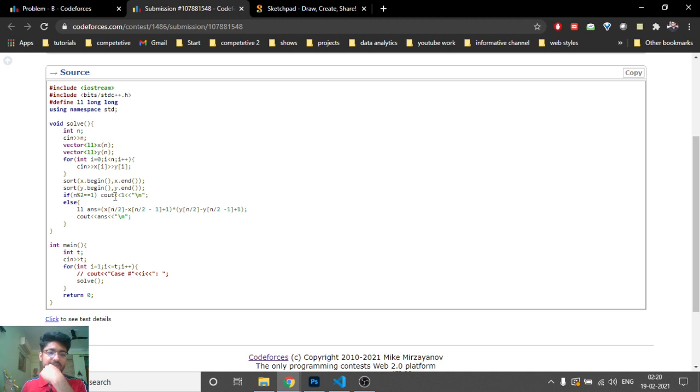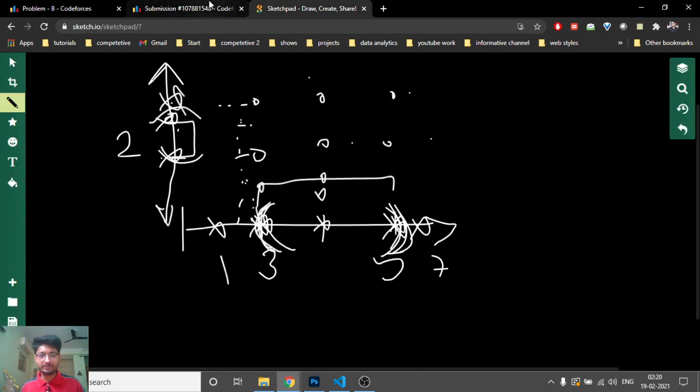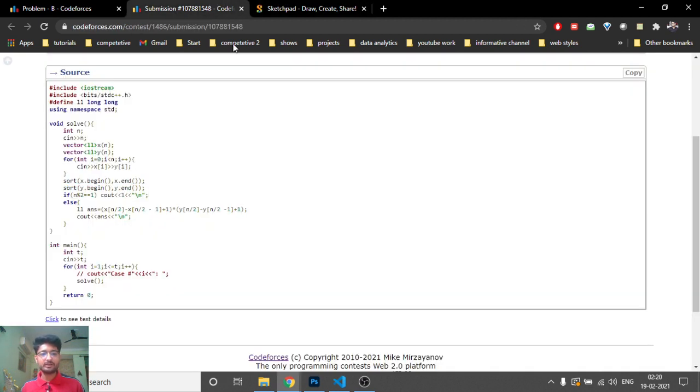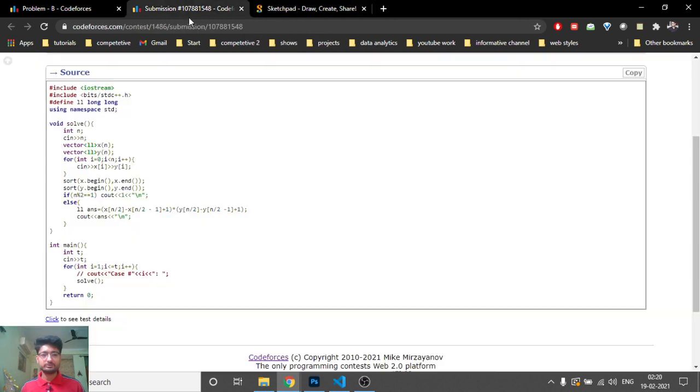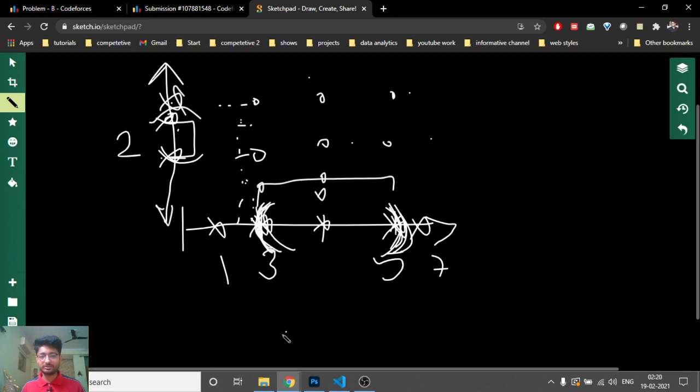So what you're actually doing here is taking the input of all the coordinates, and sorting the x coordinates and y coordinates. If the number of coordinates is odd, then the answer is obviously 1, or else you find the difference between the middle elements. If you have sorted the x coordinates, because it is even, there are two elements in the middle. So just find the difference between the two elements, so if this is 5 and